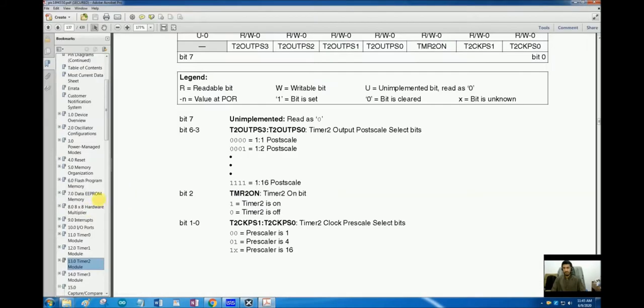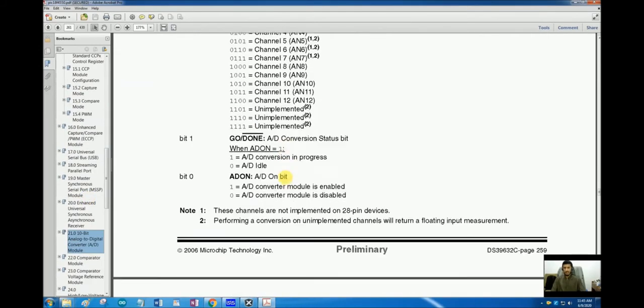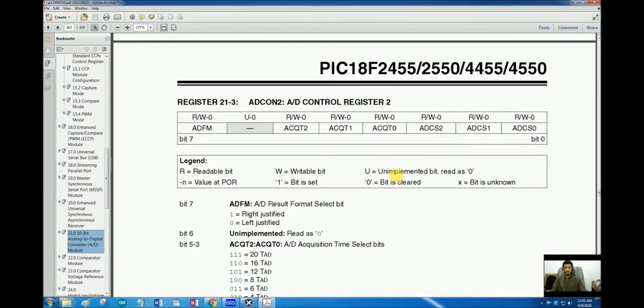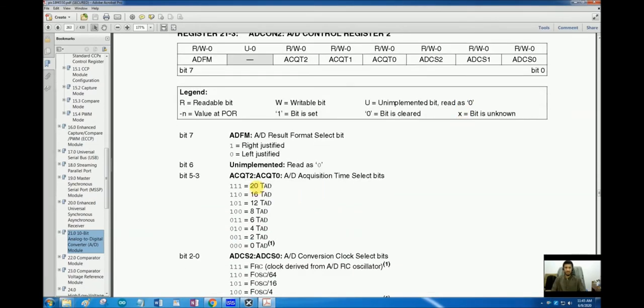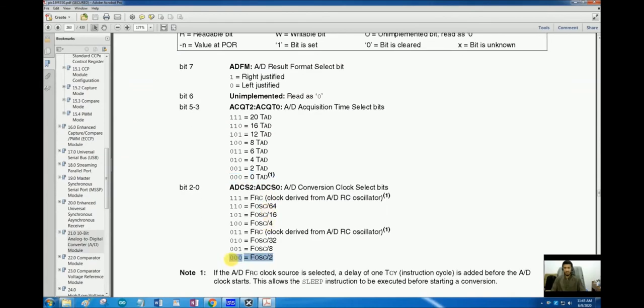Why have I changed them? Let's see the ADC module. Not the ADCON1 register, only the ADCON2 register. I have changed the value of the ADCON2 register for the acquisition time and the conversion time. Previously, we selected the minimum acquisition time and minimum conversion time, or maximum conversion clock frequency, but Proteus was giving some error. As we are not going into the detailed calculations, you can study how much acquisition time and how much conversion time you need for a particular waveform.